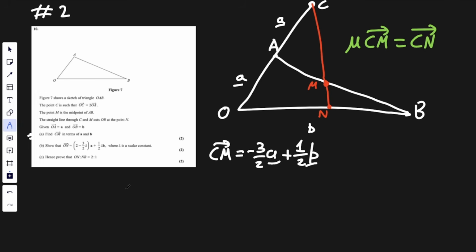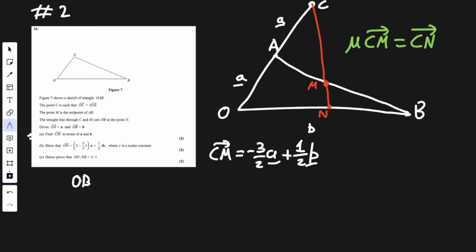This final part's really tricky, and most students in the actual exam were not able to do this. This is a very tricky part. So a lot of people try to find different ways of finding O to N, or try to find N to B, and then showed that it was always going to be a multiple, 2 times the size. But unfortunately, all of these sort of failed,